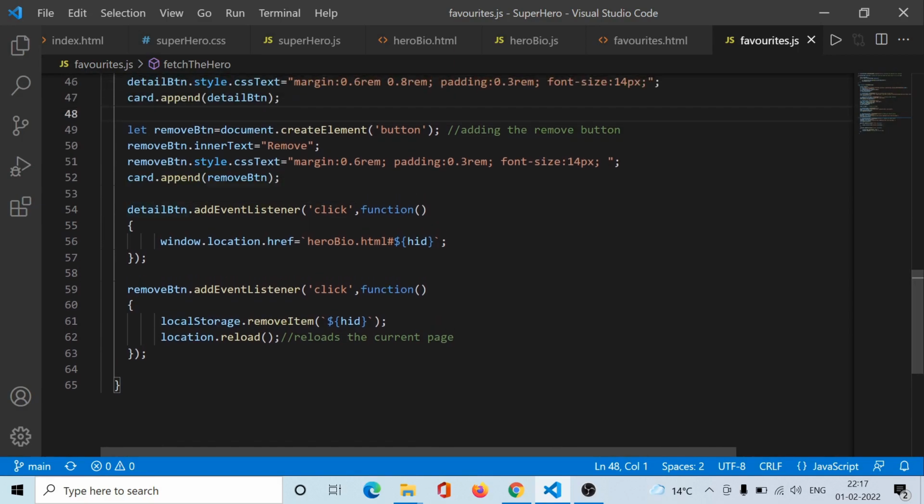Now this is the detail button event listener. When the detail button is pressed, this event is going to take us to the herobio.html page, which we have seen earlier. And when the remove button is pressed, this is going to remove that hero using the HID, and this page is going to reload again, so that we can see that our hero has been removed from the